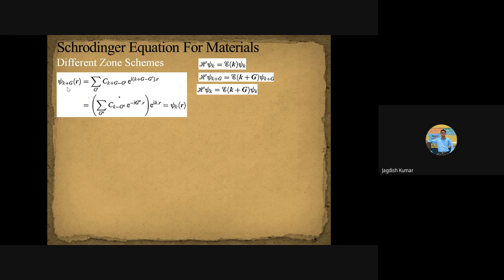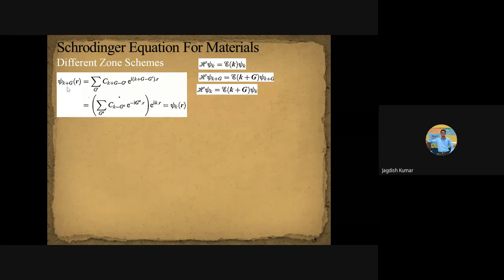So that's the point of talking about this E versus K relation. I hope I am able to make it clear to you what the role of the E versus K relation is. Then conductivity can even be followed from the E versus K relation. There is something called effective mass. I don't know if you have done it in your lower classes or not, but that effective mass follows from E versus K.